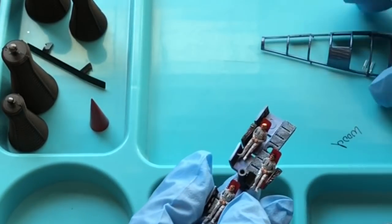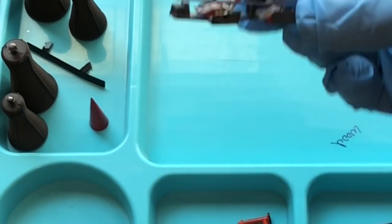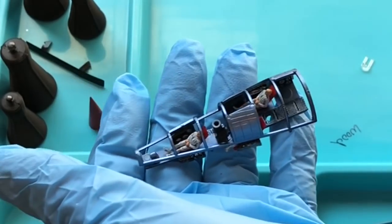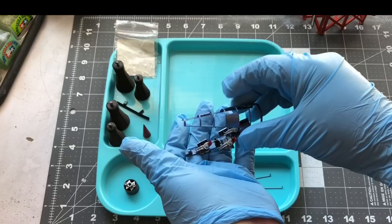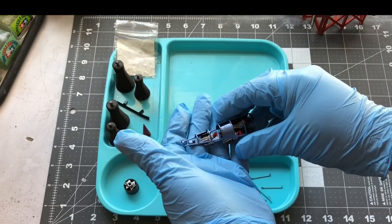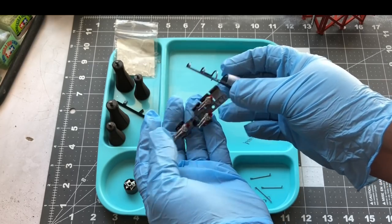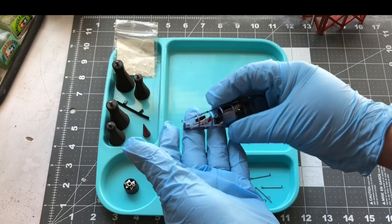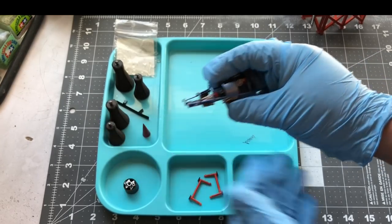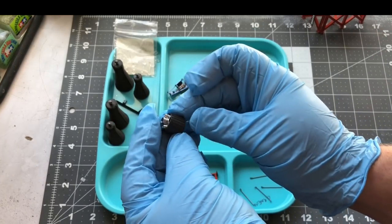The owner wants the canopy to pop open, so I did a lot of sanding and test fitting. I'm not exactly sure how the canopy, or the top portion of the moonship, pops on and off and stays on, but we'll tackle that bridge when we get there. Without gluing these pieces in, I'm really not going to know how that's going to work. So I did test fit all this stuff and got it all sanded, and it fits in the actual moonship pretty well. And then, of course, the little bitty